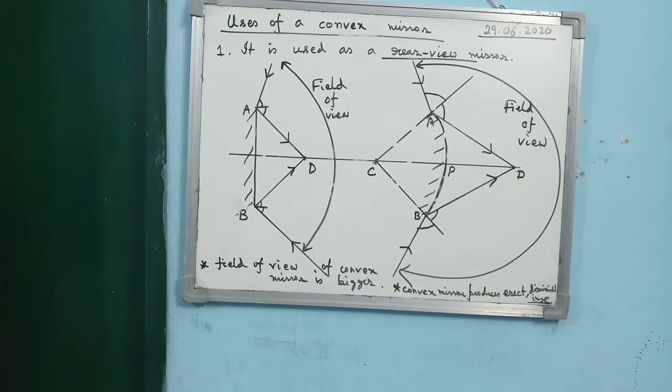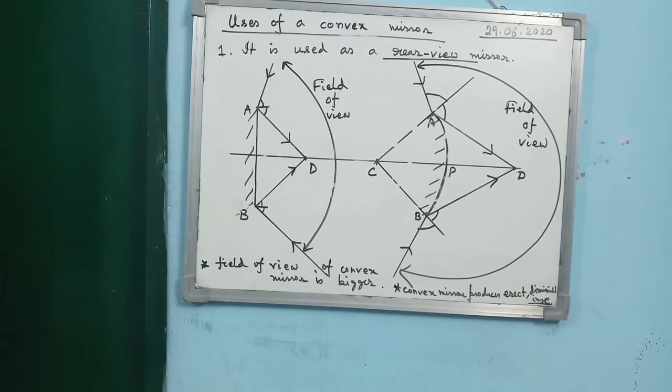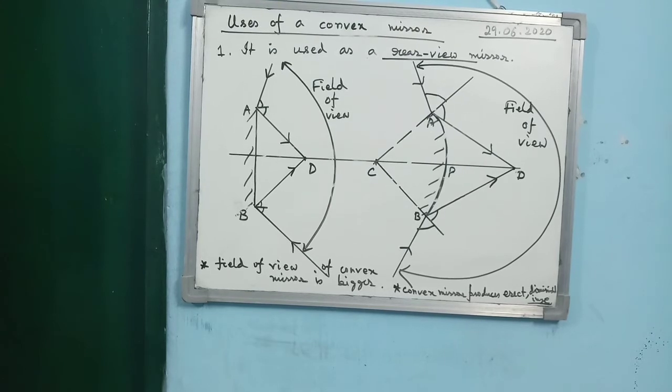You must learn the diagram, and when you write the answer, if it is a 2 marks question, then don't draw the diagram, only write down the 2 points below. But if it is a 3 or 4 marks question, then you must answer with the diagram. So the diagram also you must practice.